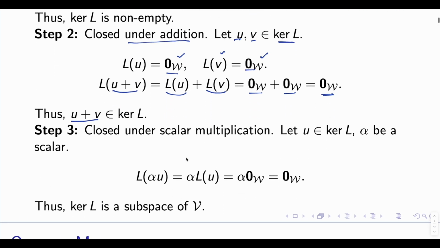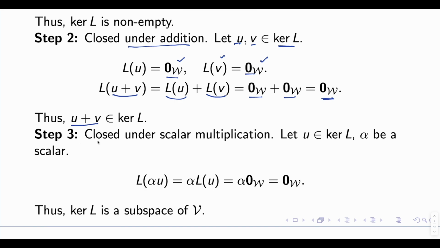Now the last step: the kernel is closed under scalar multiplication. So take any U belonging to the kernel and let alpha be any scalar coming from the field. Then alpha U is also in V because V is a vector space, right? Now since L is linear, which is given to you, L of alpha U is equal to alpha times